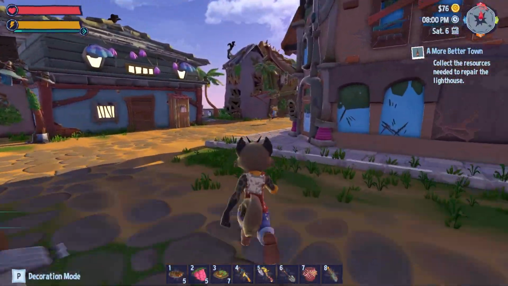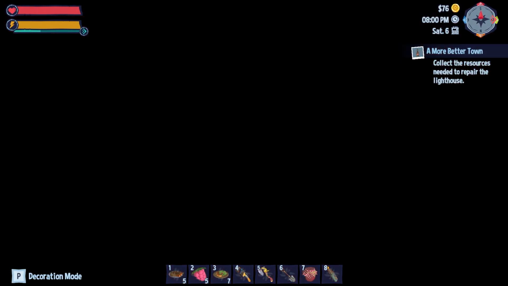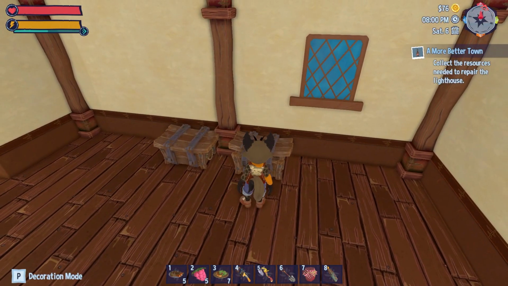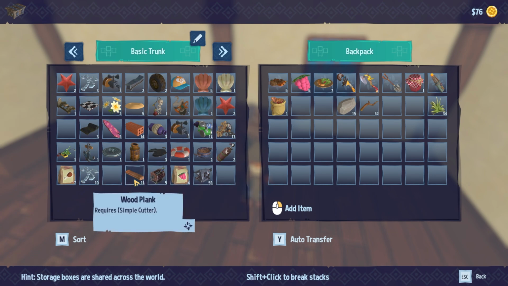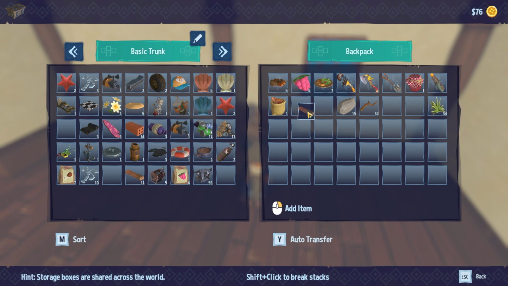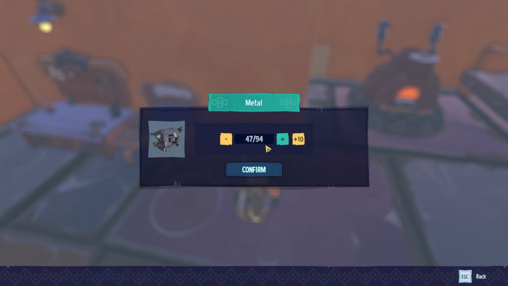Okay, let's see. If we have the mats that we need, I only have 11 planks, so she is going to have to wait. I may have more over at... Hold on. Take the stuff that we can transfer. Okay. Pardon me. So we transferred stuff over. We also need, what was it? 5...